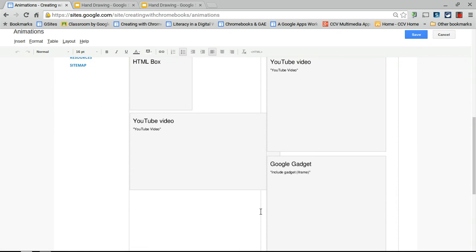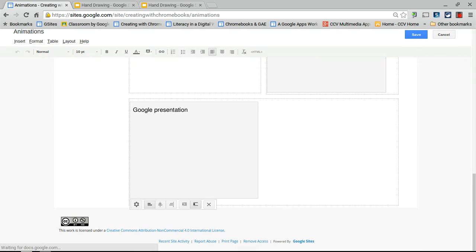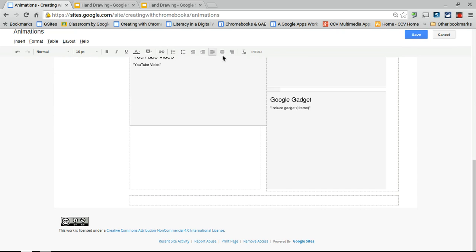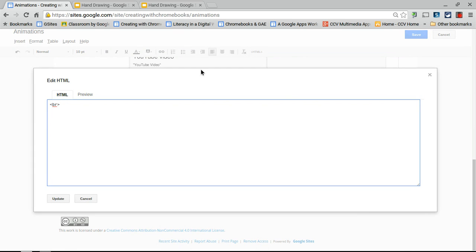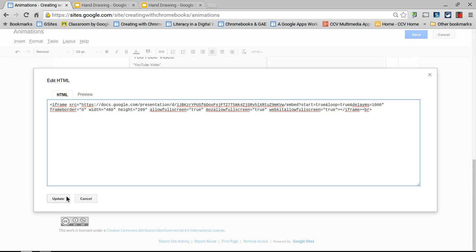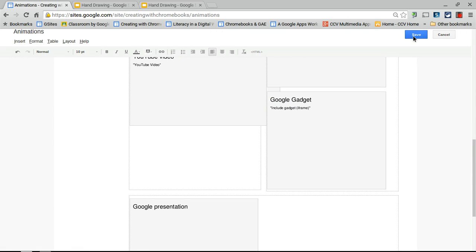A little sound effects here. Okay, so now I'm in the bottom frame. I'm going to click HTML because I copied the code. And I'm going to update, and I'm going to save the page. So now what we should see